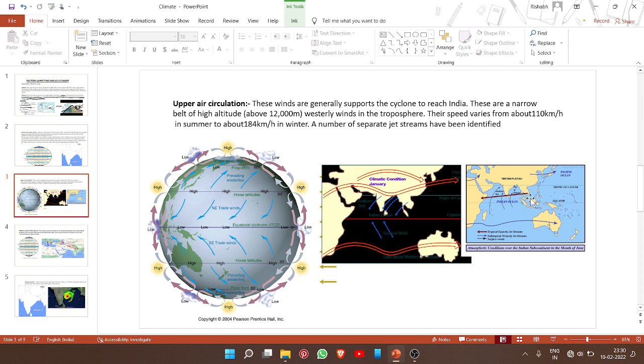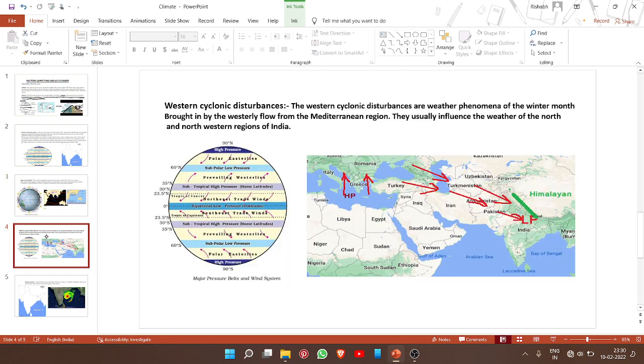So again, I am thinking that this point is also very much clear. Let us go to the next point. Next point is Western cyclonic disturbance. What do you mean by the Western cyclonic disturbance? Western cyclonic disturbance means,